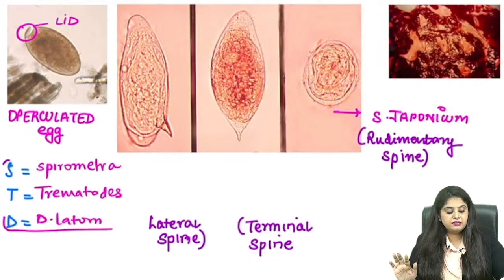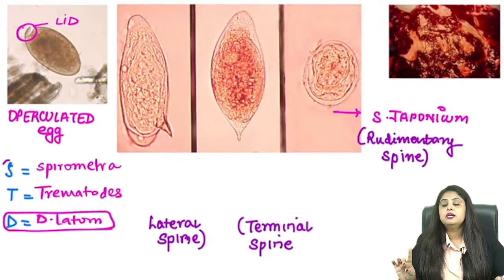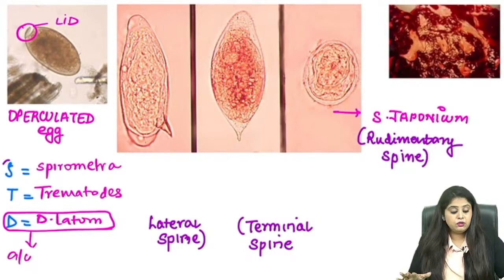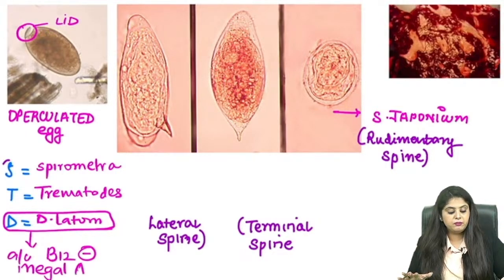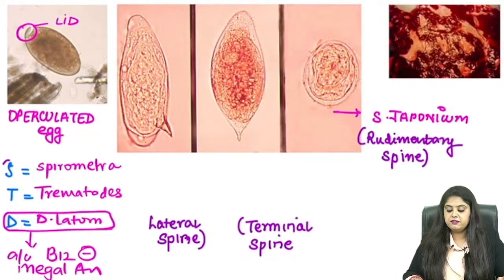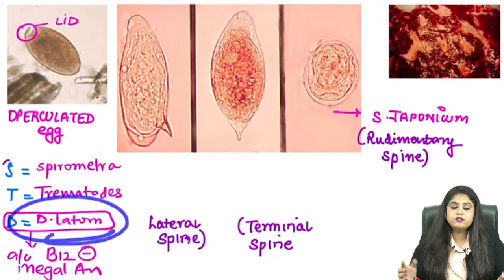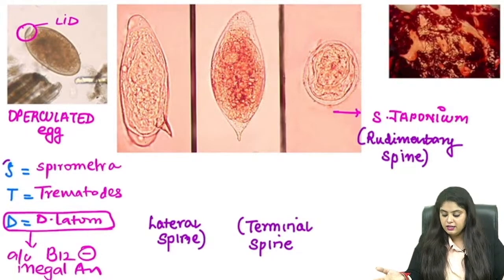So D latum से related, can you tell me one question? In medicine and in pathology, what is it that you have to know for D latum? Which anemia does it cause? Yes, which anemia? It causes B12 deficiency. When I say B12 deficiency, of course, we all know we are talking about megaloblastic anemia. They say that B12 deficiency is happening because the ileum is getting affected. Ileum matlab D latum goes to which part of the intestine? Ileum में जाता है. Okay, so very good.